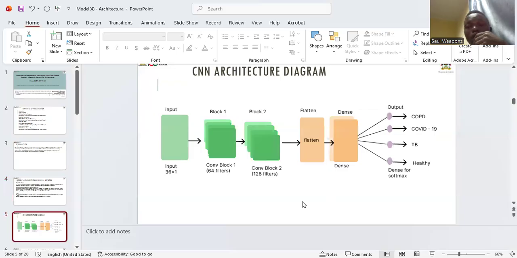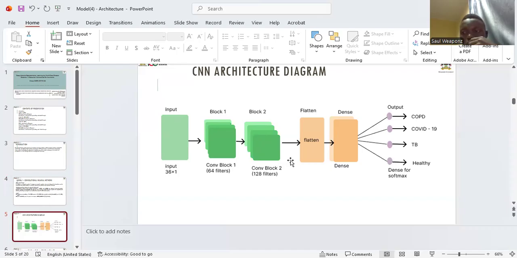Here I have a CNN architecture diagram. This shows the input, where we are taking in the 36 features extracted from the audio recordings. These will then be passed to block one. In block one, there are 64 filters, and these 64 filters bear a kernel size of 3. So they are going to detect local three-feature patterns across the